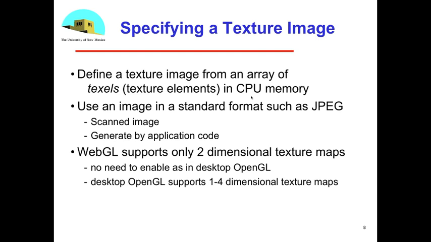So we can use an image in a standard format for WebGL. I think I have an example I'll show you that's using a GIF image, but it'll also recognize things like JPEG and probably PNG images. Or we can generate it, and I'll have a simple example of doing it in the code. So let's assume there's an N by M image that's available. I probably should also mention that